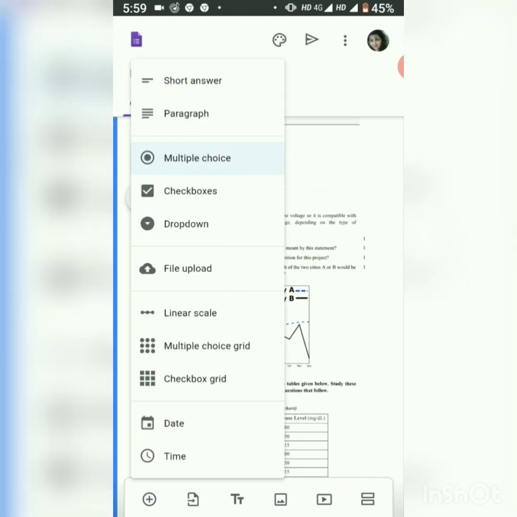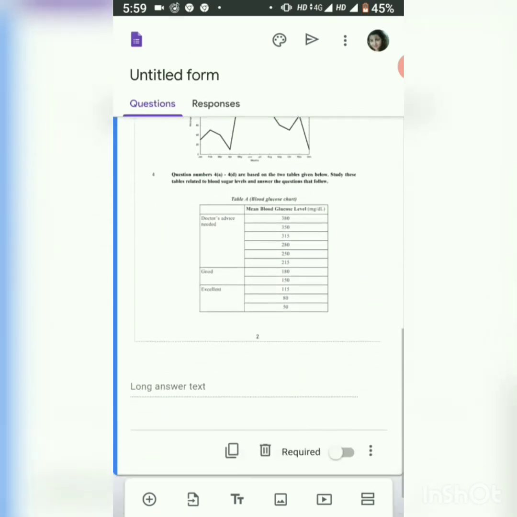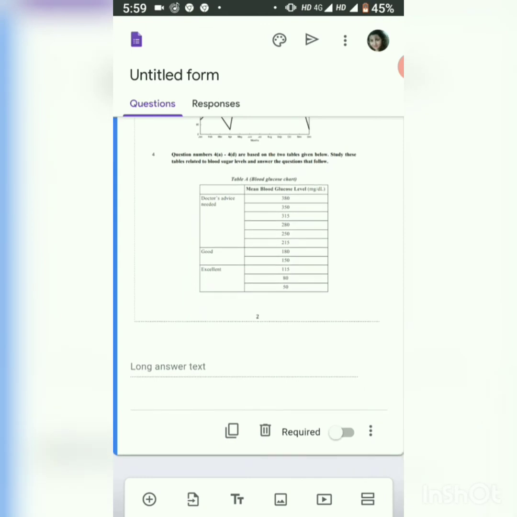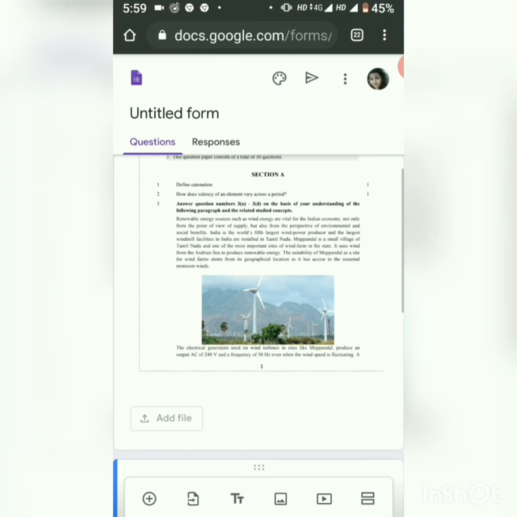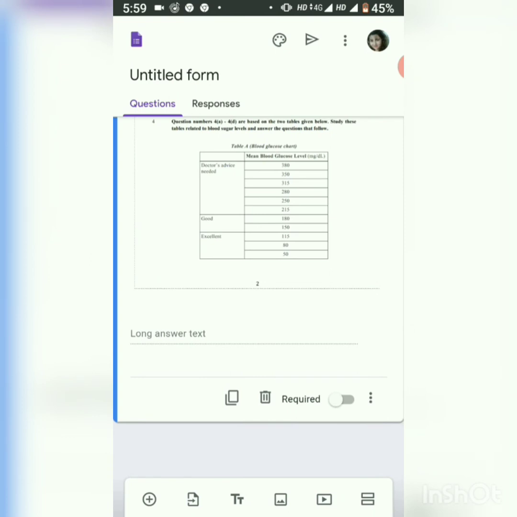Keep it as paragraph. Why I'm doing such settings over here is, you can see that in the above page, in this question I've selected the required button, but in my next question I'm not going to click the required button, because we have to train the students so that they create a single PDF of their answer sheet.